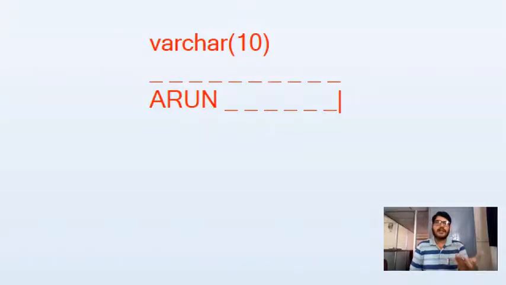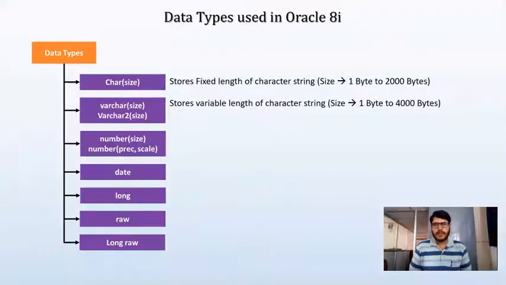When we are using a fixed length of characters, say for example, while storing a mobile number, which has a fixed length of up to 10 digits, at that time I can simply utilize a character data type. When we do not have a fixed length of characters, normally in the case of a student name, this time I can utilize varchar. So this is how the varchar data type is utilized.